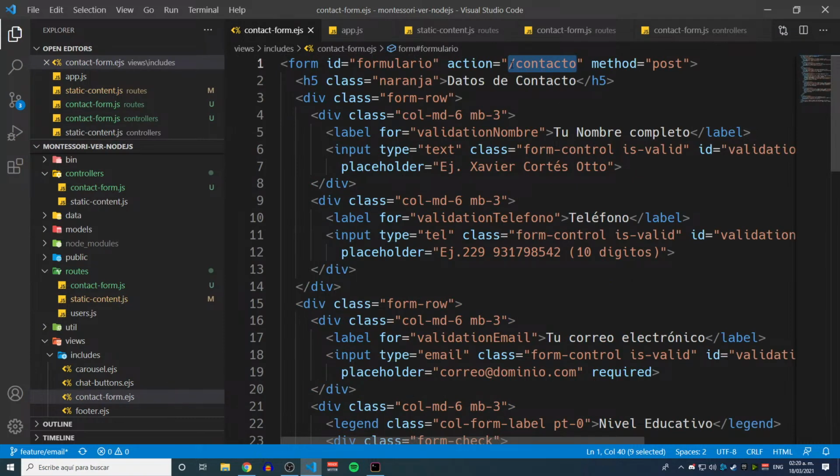I need to replace this because it doesn't matter in what page I am going to be rendering this code. This is always going to be a contacto post method call. So I need to replace this, perhaps with some good old EJS code, you know,